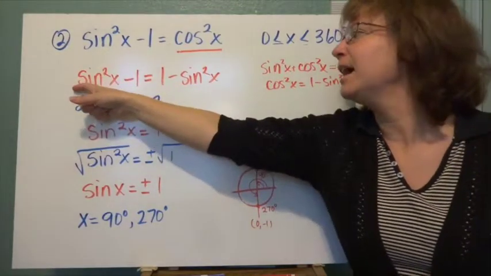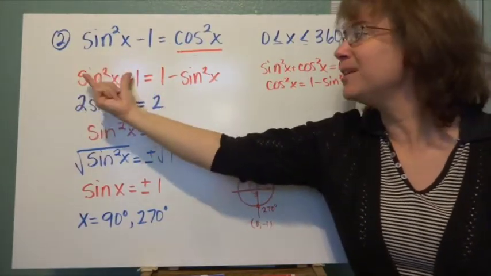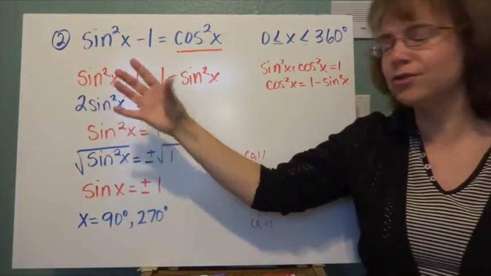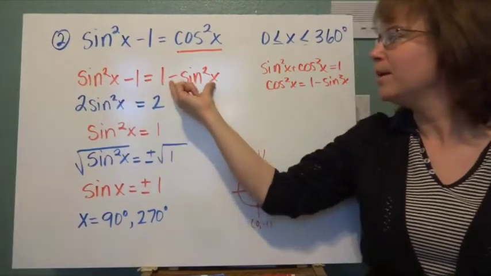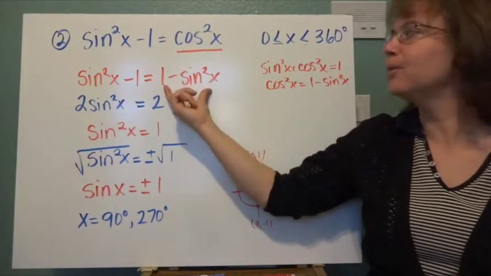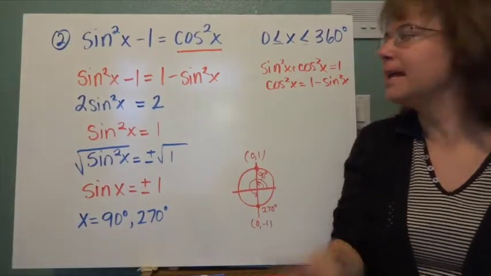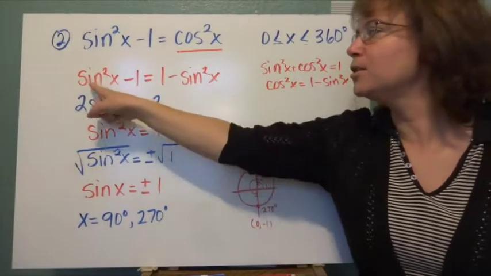My 1's negative here and my sine is positive. If I wanted to take this side and put in a negative cosine of x, I could have done that, cosine squared of x, I could have done that as well, but I chose to do this because it was just a direct substitution. So then when I'm doing that, I'm going to go ahead and add sine squared of x to both sides